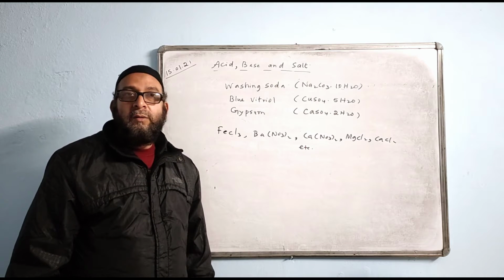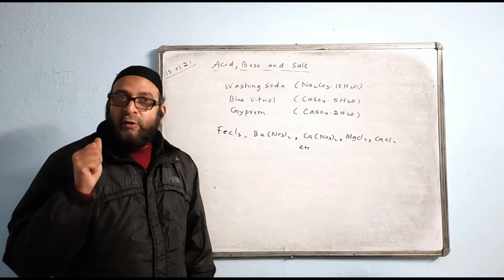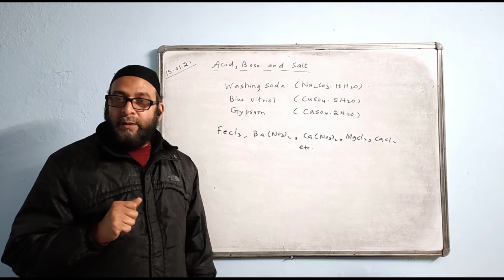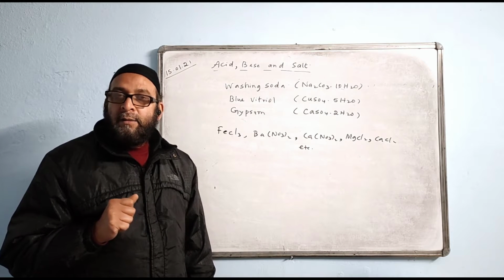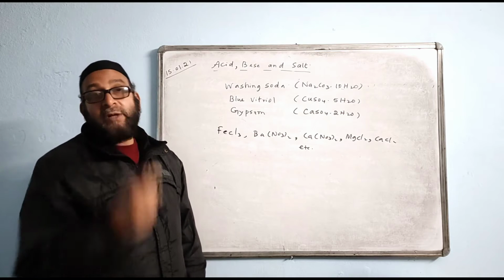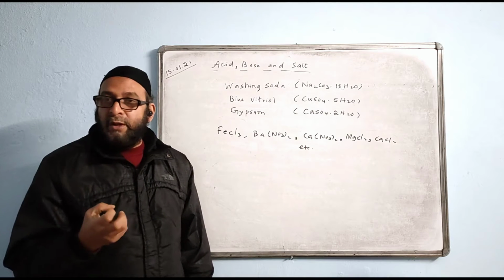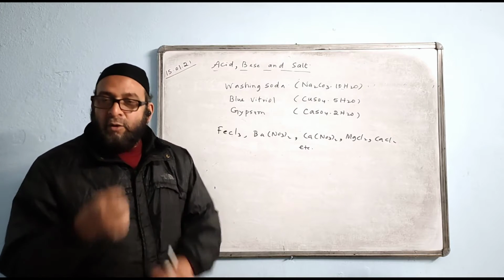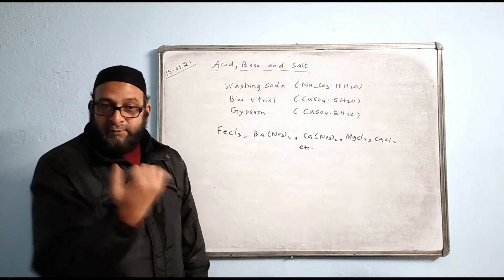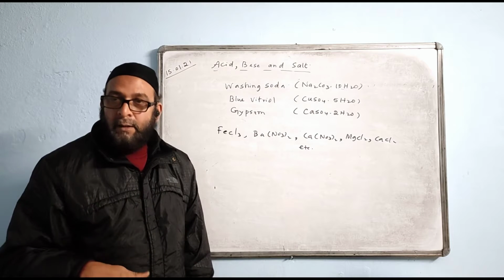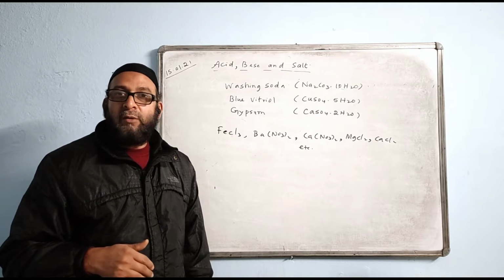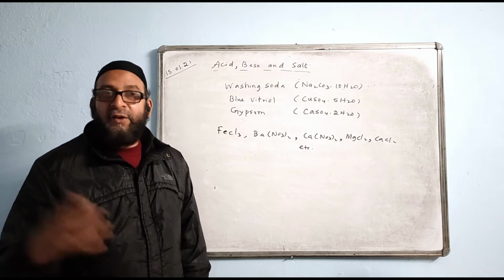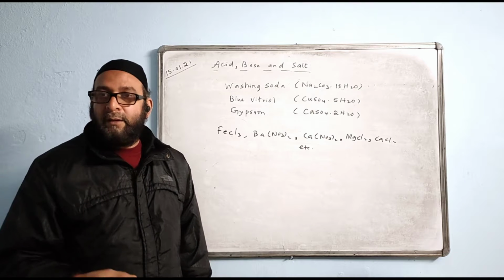Okay, now what are called hygroscopic substances? Hygroscopic: the substance which on exposure to the atmosphere absorbs the moisture but without dissolving in it. That means they will not go and dissolve in the moisture, rather moisture will be dissolving in it. Such a substance is called hygroscopic substance, and the phenomenon is called hygroscopy.